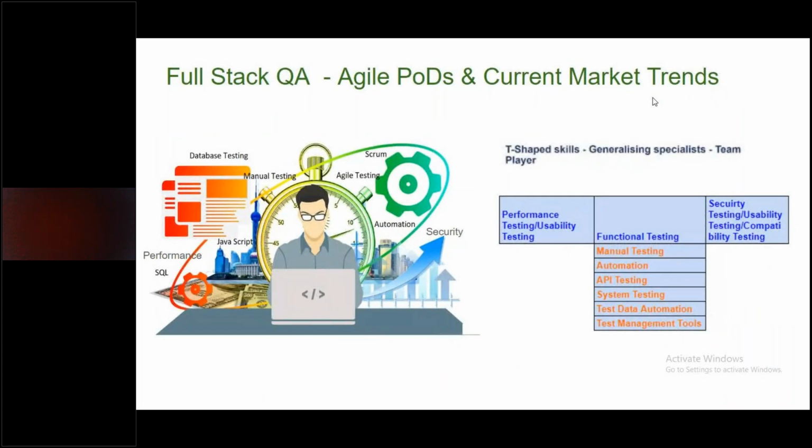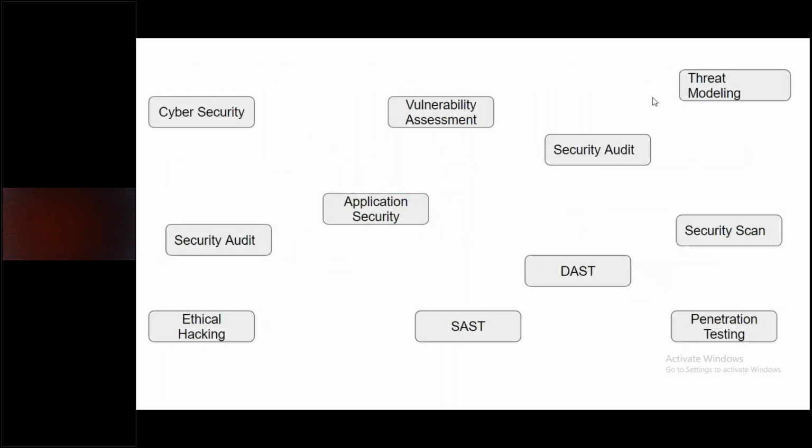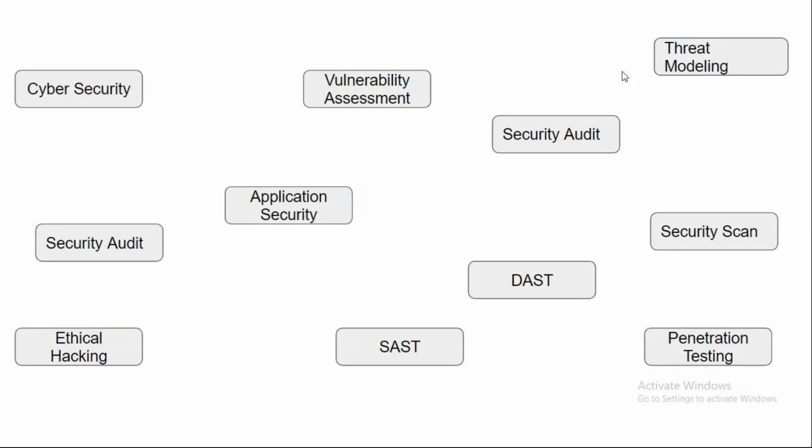Even in performance, we talk about API performance, web performance, but there is not a lot of ambiguity or a lot of terminologies. But when it comes to security, there are a lot of terminologies,